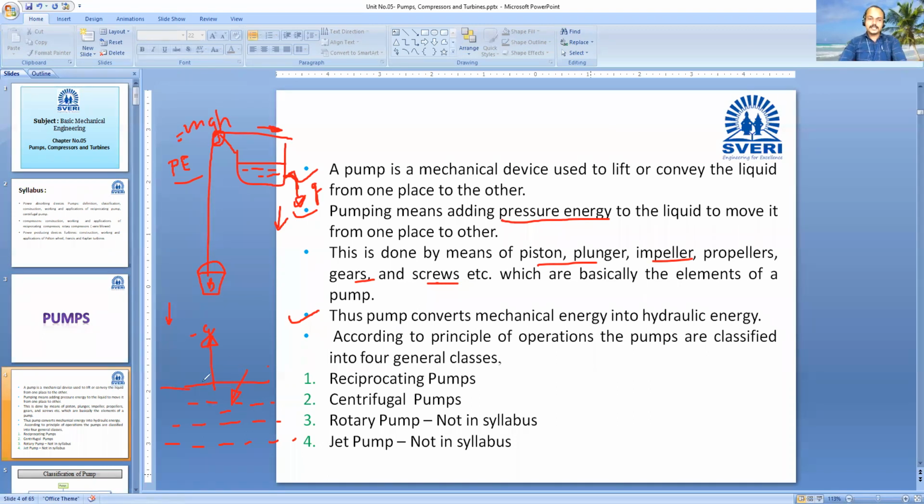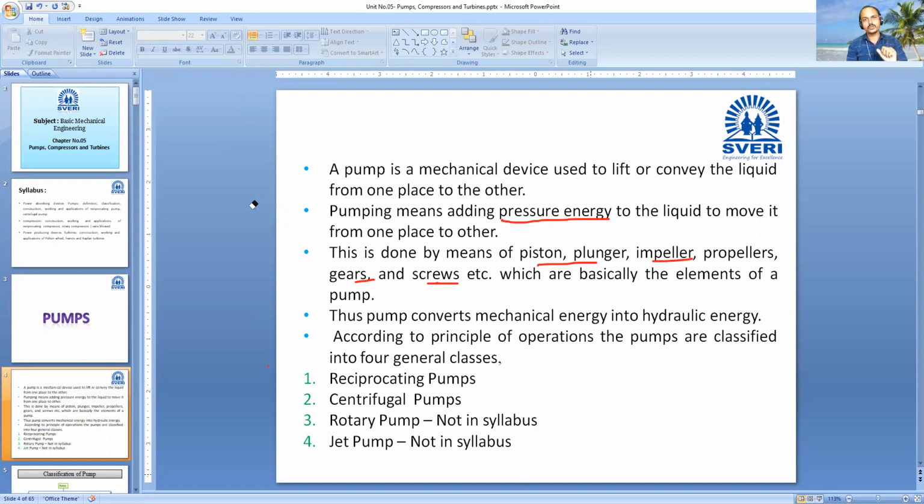हा, आता याच्यामध्ये प्रेशर एनर्जी कशी ऍड केली जाते सांगतो तुम्हाला. There are different types to add pressure, that we can decrease the volume of the liquid and we can add the pressure. Simple concept ahead. When we apply pressure on a certain fluid, the volume will decrease. हा, त्याचं वॉल्यूम काय करतो आपण? डिक्रीज करत जातो. At that time what will happen? Pressure will go on increasing.